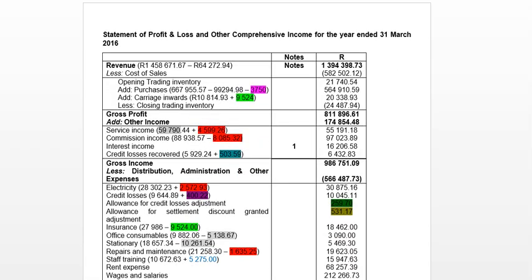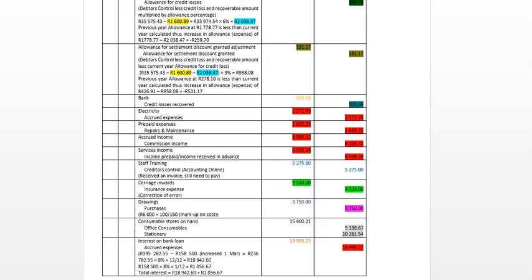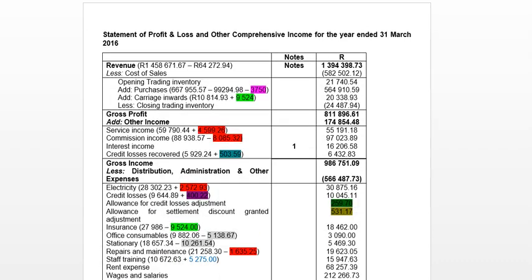Okay, so our services income of 59,790. What else did we do in terms of services income? We know there that our services income has to decrease by 4,599 Rand and 26 cents because we received that in advance. So we received that for April already. So that needs to decrease by 4,599. So our total services income was